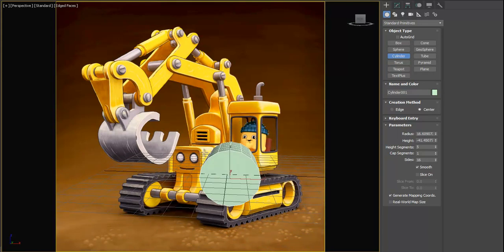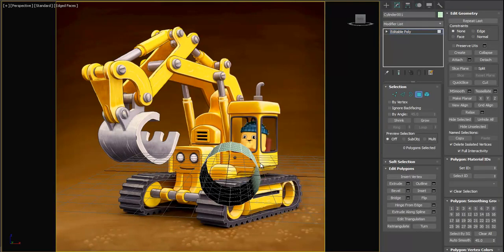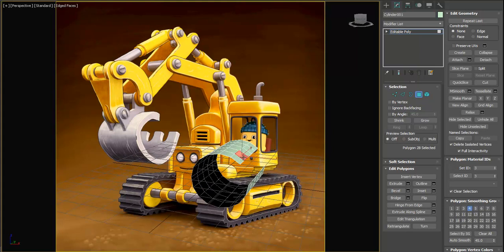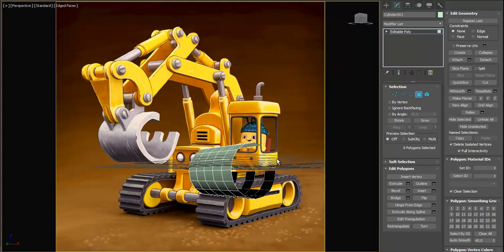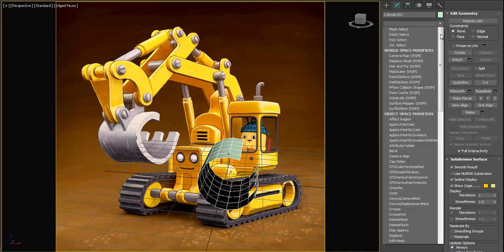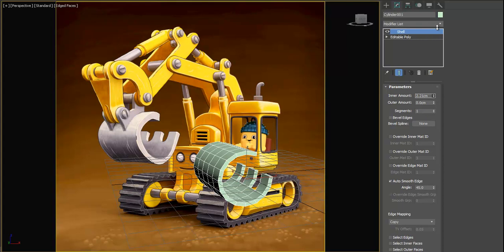So let's delete these polygons and the other one, and I guess we're gonna delete these ones too, like this. Maybe the upper ones too. And now we need to delete this so that we got the fingers. And now we add a shell modifier so that we get the thickness. Now we need to make it inside,